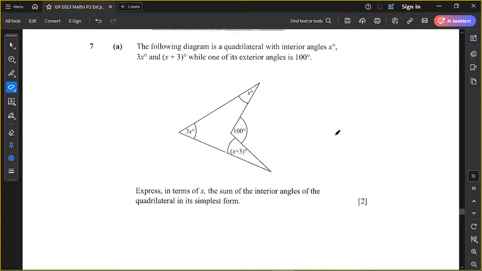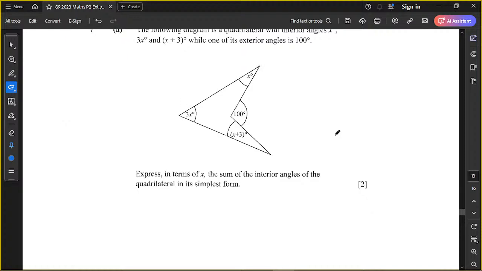Okay, we come to question 7a, which is: the following diagram is a quadrilateral with the interior angles x degrees, 3x degrees, and (x + 3) degrees, where one of the exterior angles is 100 degrees. So you can come down here and study the diagram. Then the question is, express in terms of x the sum of the interior angles of the quadrilateral in its